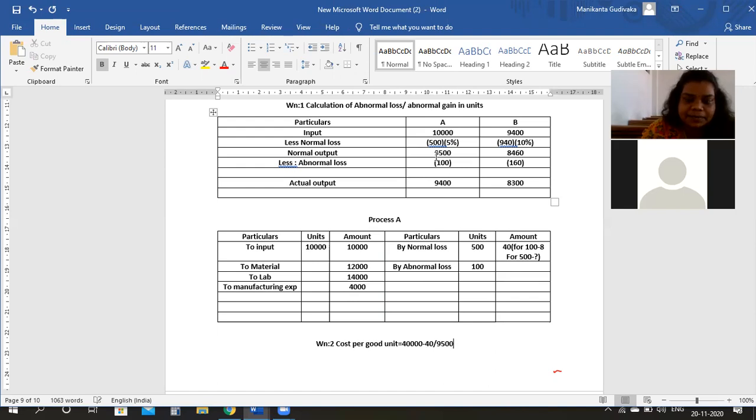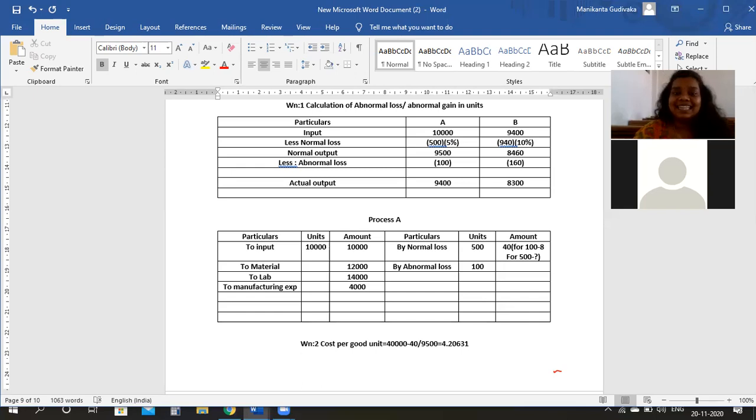Please tell me the answer. 4.20631. As I already told you, if you are getting an answer in decimals, after the point consider 5 digits